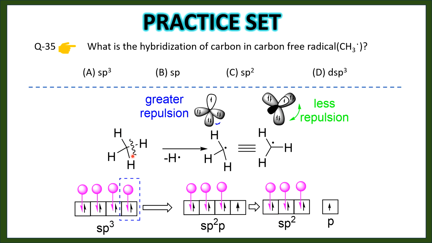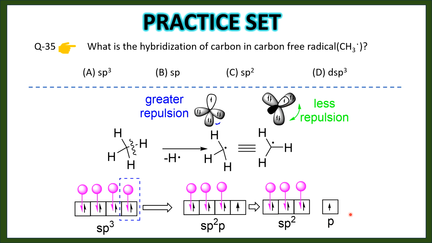Let's see how the free radical is generated. If methane undergoes homolytic cleavage, it gives this free radical. Now the one electron which gets shared, the hydrogen takes that electron as well. So one unpaired electron is left in that orbital. But if it is present in the sp3 hybrid orbital, there is greater electronic repulsion. But if this unpaired electron remains in the